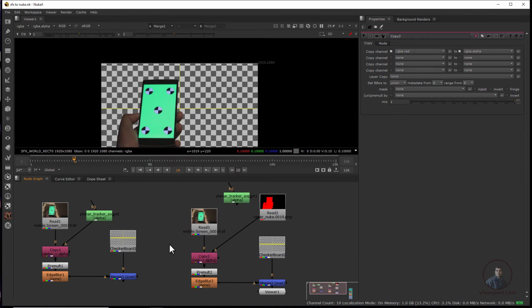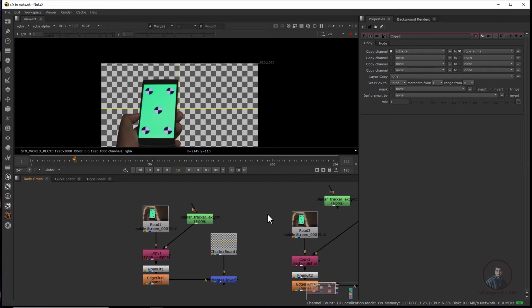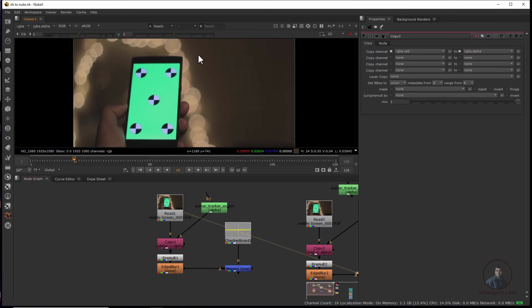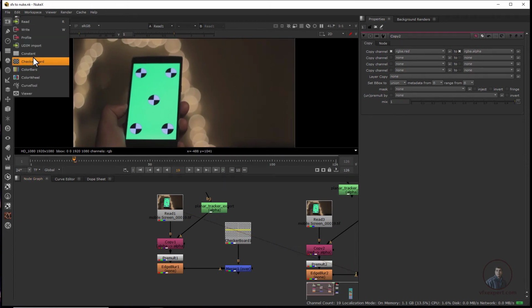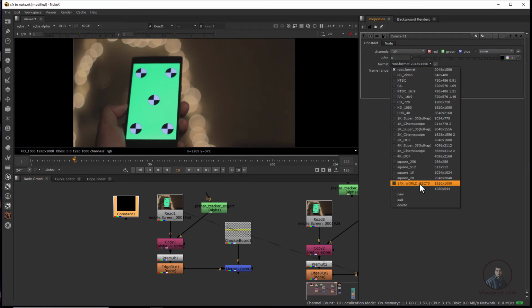Now after this, suppose you want to create an alpha overlay here in Nuke, then you can also create it in Nuke. I am going to explain it a little bit here. This is our original footage. First we have to create our overlay color here. For this I am going to use Constant. I am going to create a blue overlay here, then double click, then on the right side from here first we have to select the frame size as our original footage is.